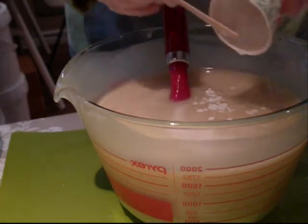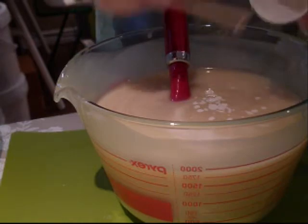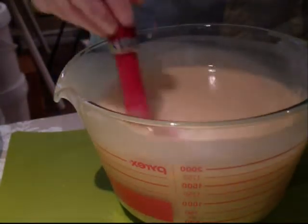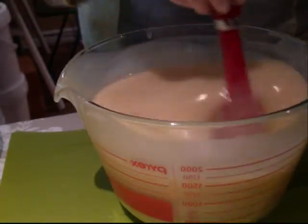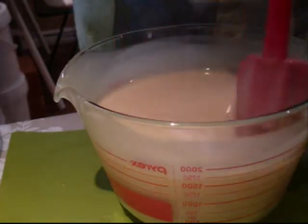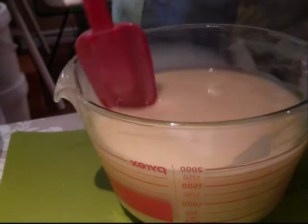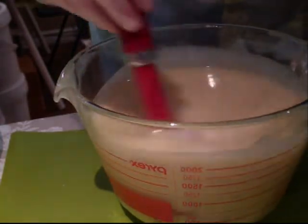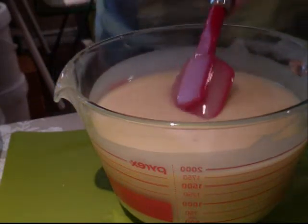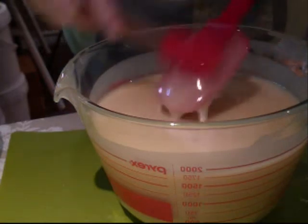I can tell my soap is getting warm. So it's going to start thickening up a little bit. Which is good, because when I pour it into the tray mold, I want it to set up so that when I put the pattern on it, it's not going to sink. That's the plan. But things don't always go according to plan,